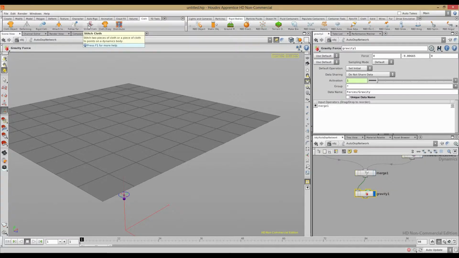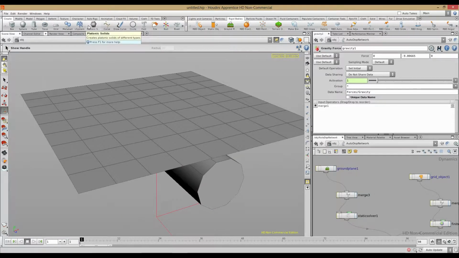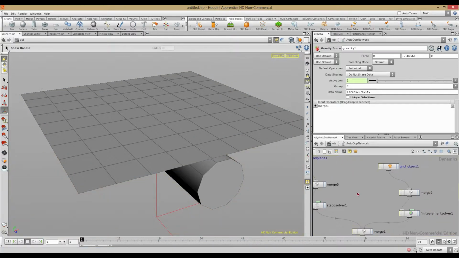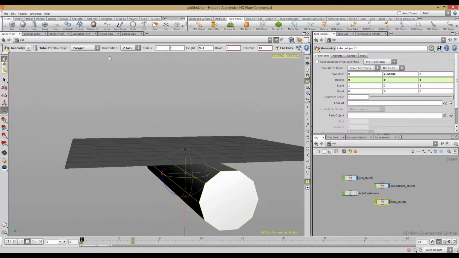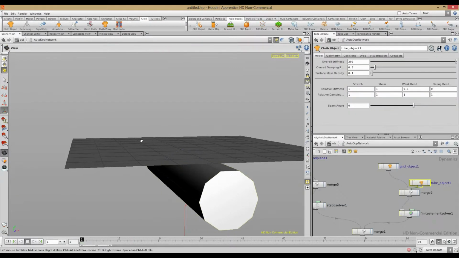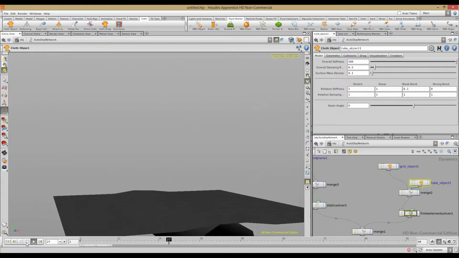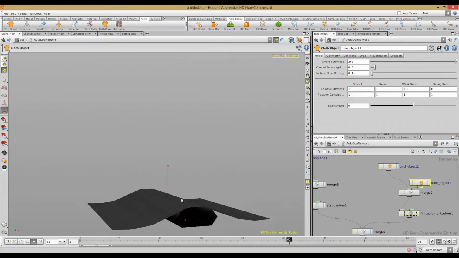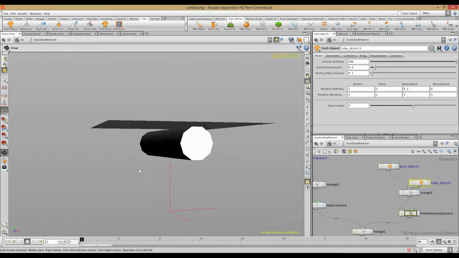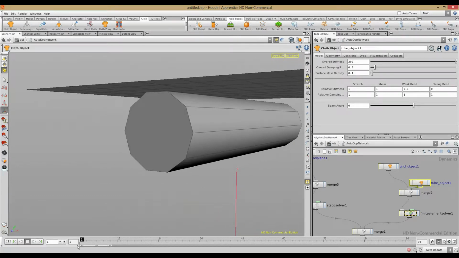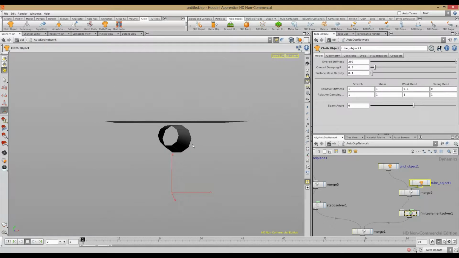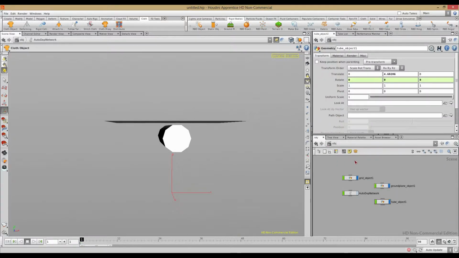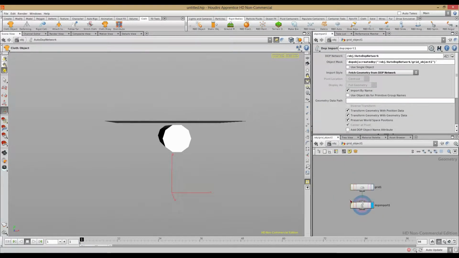Stitch cloth is for merging two cloths together. So I will take my tube and convert it to cloth like this. Now it's all falling together. The problem here is that when I start to play the simulation, the tube is losing the caps. It's easy to fix, and the reason why it happens is that after I create the tube